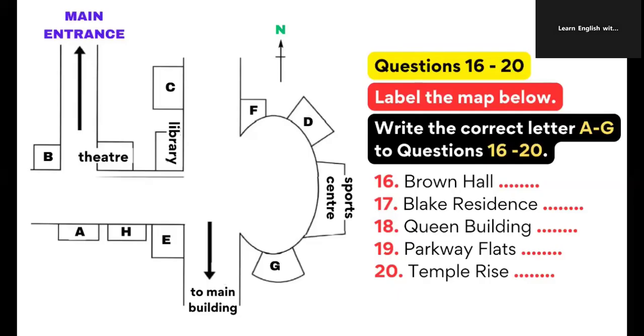Now, the Parkway Flats are on the opposite corner to the library, facing the circle, as you head towards the main buildings. The main buildings are only about a 5-minute walk from here, and places in these halls go quickly, so my advice is to reserve your place as soon as possible. Then Temple Rise is inside the circle, next to the sports center, but further from the main university buildings. Now, if you'd like to go off and physically